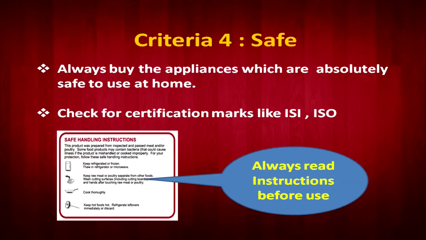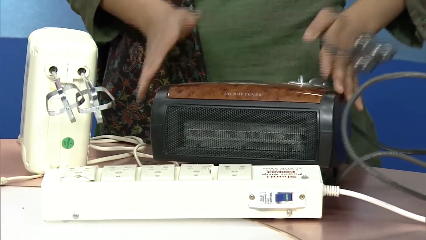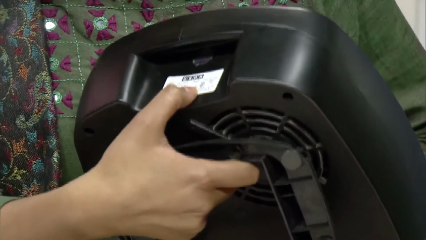Whenever we go for electrical appliance purchase, we always look for the standardization mark. We have the Bureau of Indian Standards and other standardization authorities that give their own safety marks. For example, this is a blower. It converts electric energy into heat energy. And in this case there is a major danger of short circuit and fire. So safety is very important here. You can see it is called an ISI mark. Whenever you purchase any electrical appliance, you need to look for the ISI mark and other Indian standardization marks, so that they ensure the quality and the safety of that product.